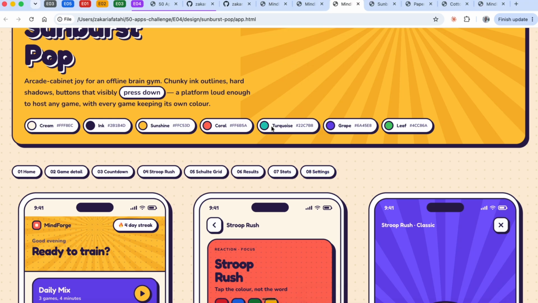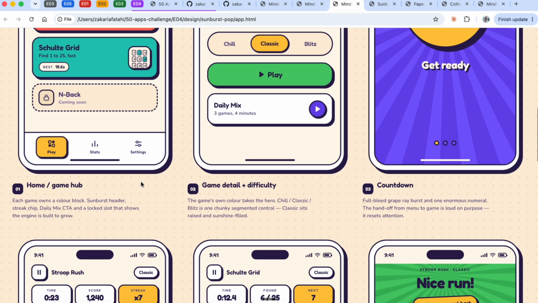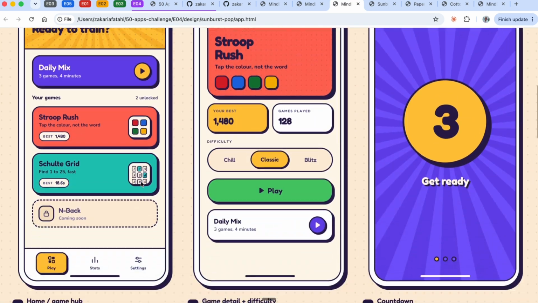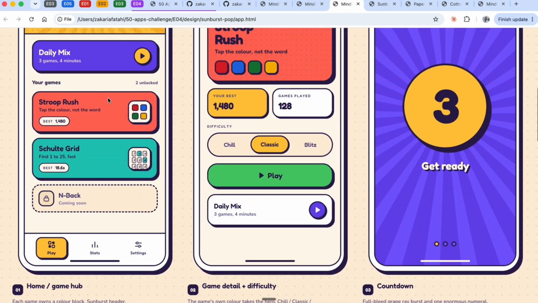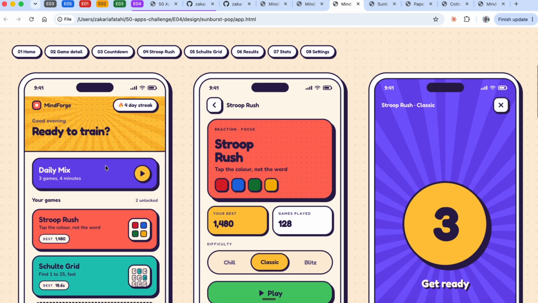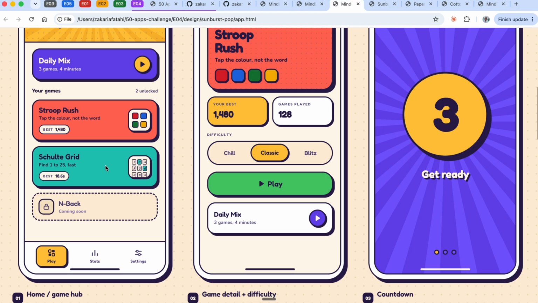So at the end, we are going to have a game like this, one mobile app, one game app that has many apps inside, maybe 10 apps, 20 apps. We are going to add more apps there, more games there, all in one design system. For sure, we can make it,